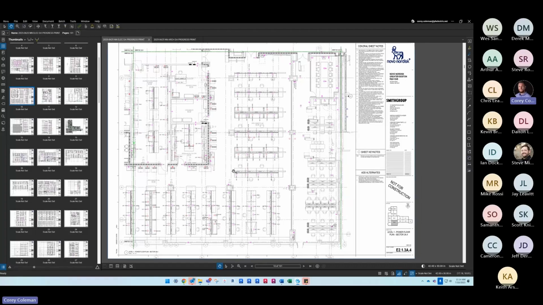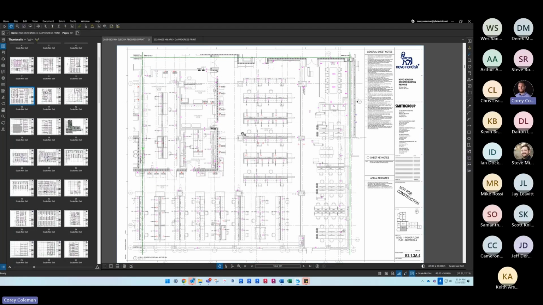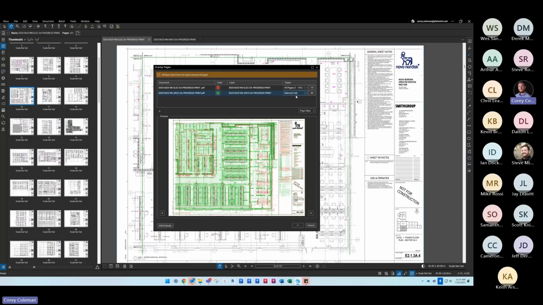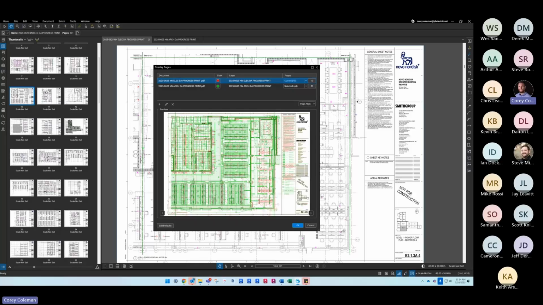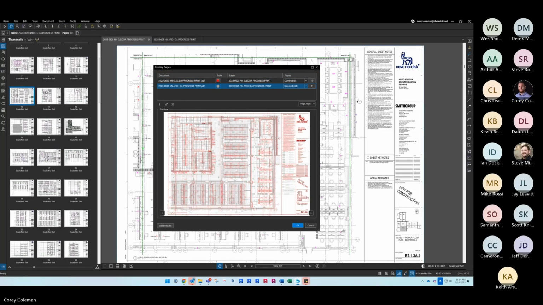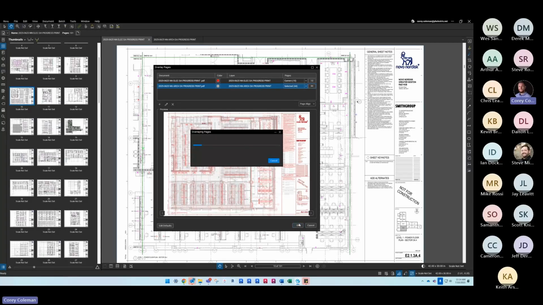The overlay tool allows you to create your own drawing to understand and plan better for designs. So if I was going to do the overlay tool again, I would just add in the architectural print, the selected page 44 is the one I'm on. I want to go on the current page here for electrical. As you can see, it's not 100% lined up because it's using just the overall title block. So I'm just going to do auto align, and it usually lines up the grids pretty well. It looks right. And then again, I'm just going to make my electrical red, and the underlying architectural gray. And then when you hit OK,